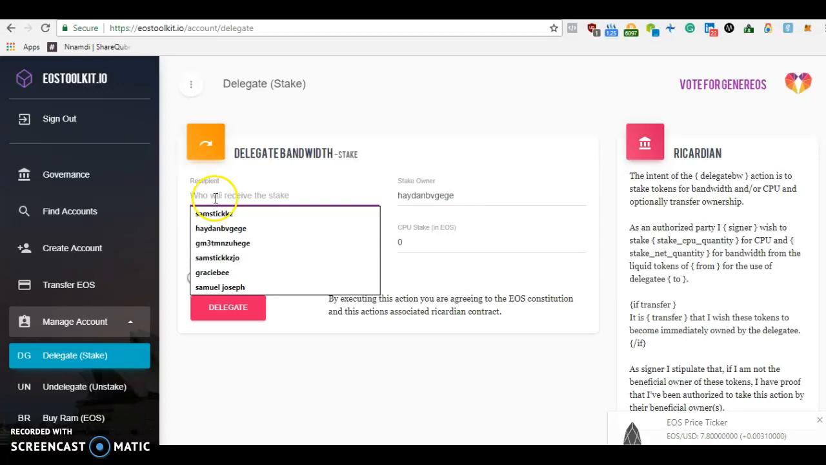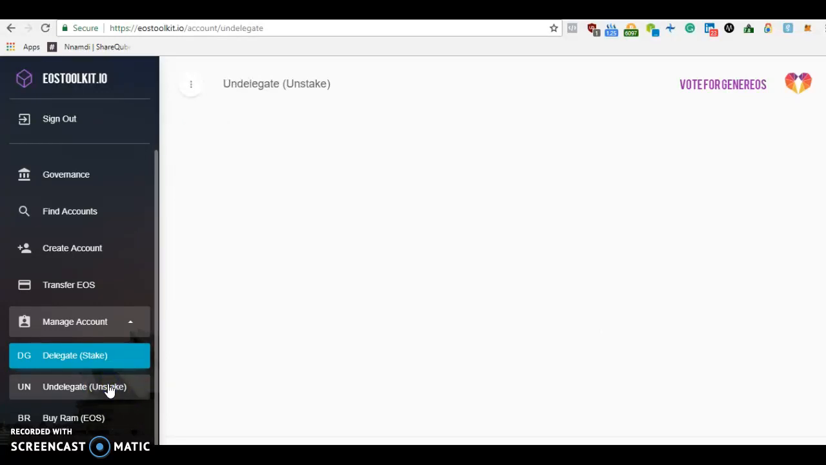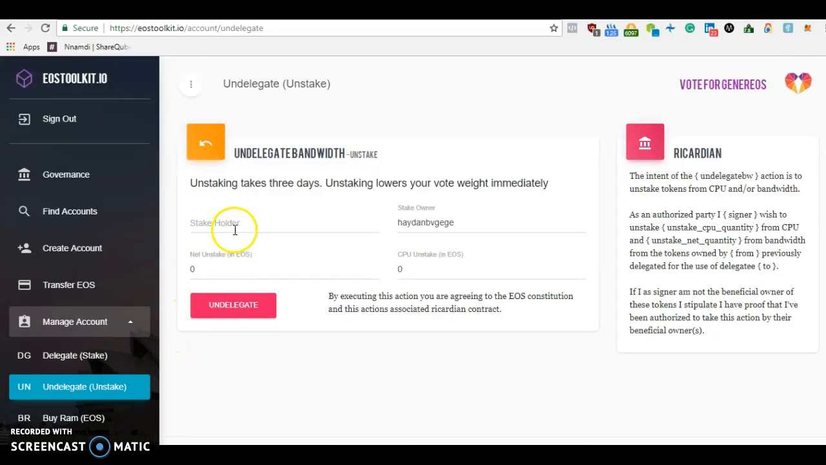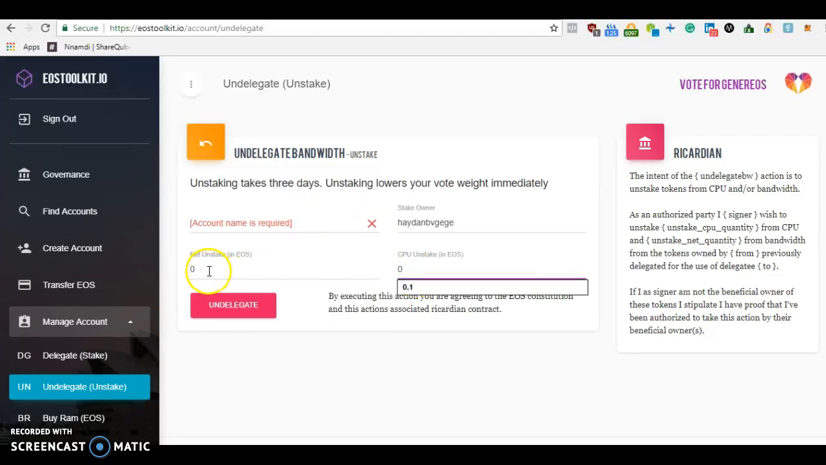Okay, this is for staking. So you put the username and stake. Now, undelegate means unstake. This was what I wanted to explain. So for unstaking, you put your username there, then put the amount of EOS you want to unstake from net and the amount you want to unstake from CPU. So as you can see,